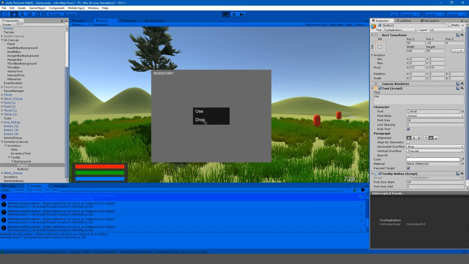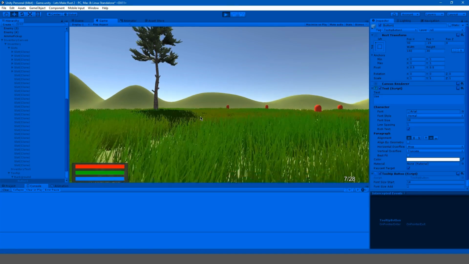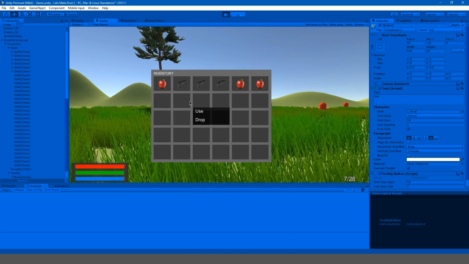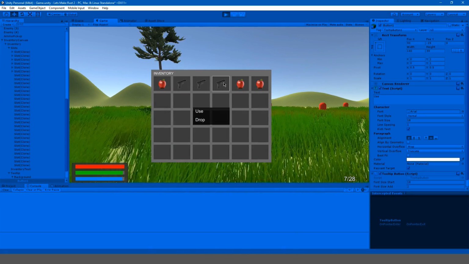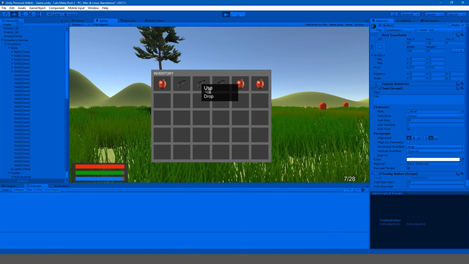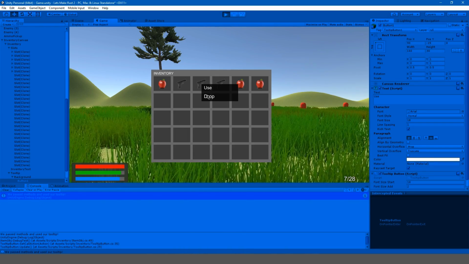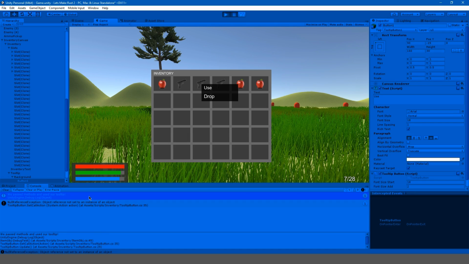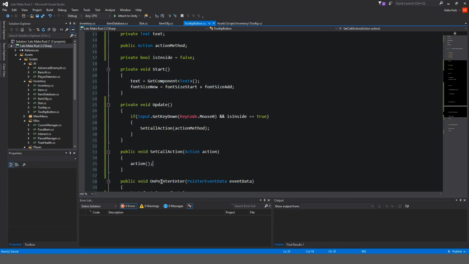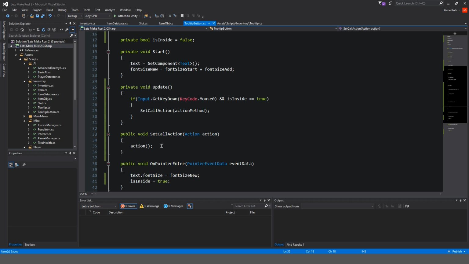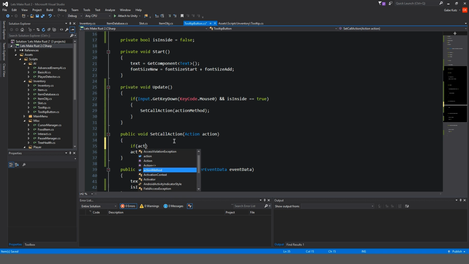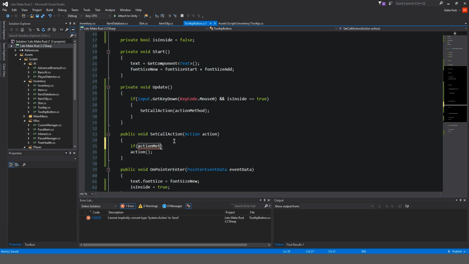and stopping the tooltip from showing up, yeah, we could see a tooltip here, but now when we right click on our objects and hit use, we get our awesome "we passed methods and use tooltips." It's not going to do anything for drop, but give us an error. Okay, so the reason we have this error is because action is null. So we're gonna have to fix that simply by doing if action is not equal to null,